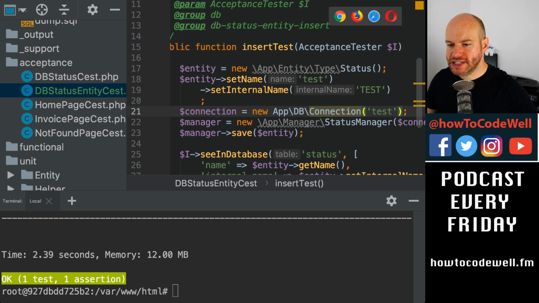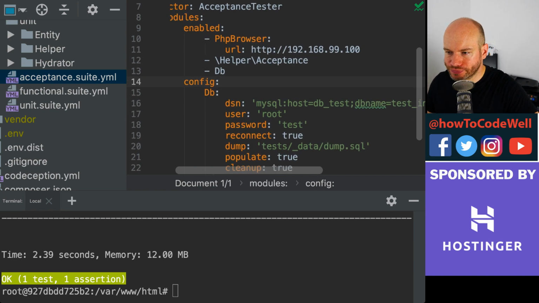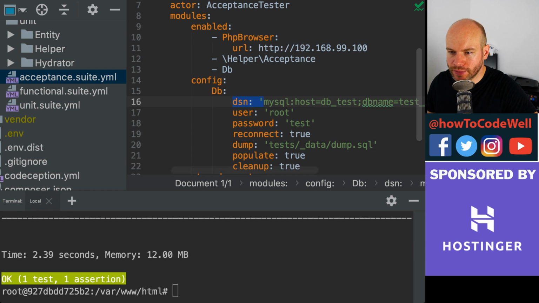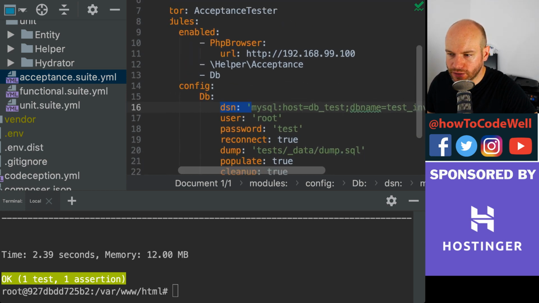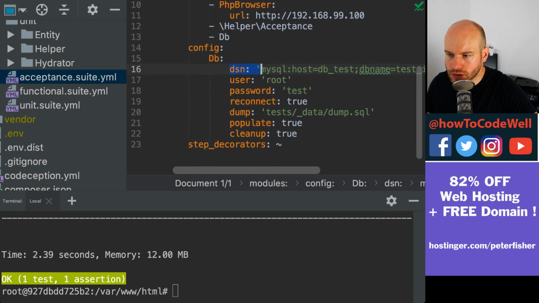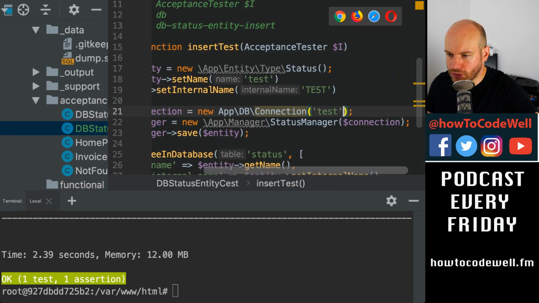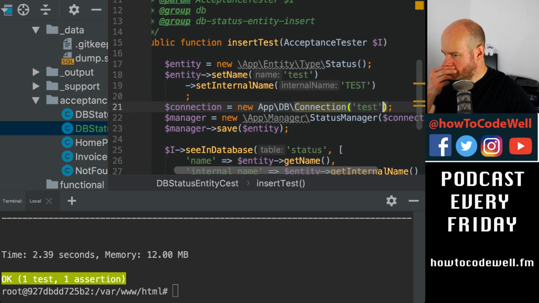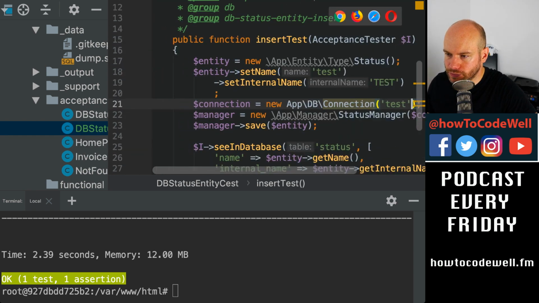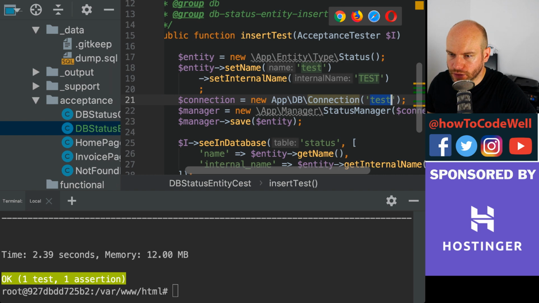But it would be so much easier if we could grab hold of the DSN. I'm not sure if there's a way of doing that. I mean, this is YAML files, so that might prove to be tricky. For now, I think what I need to do is I'm going to just put in that variable. So we could just put in test here, and then in the connection up here,